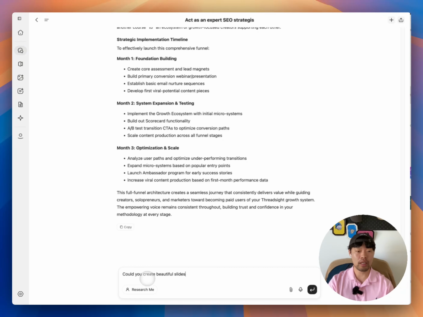Beautiful slides based on what we have talked about today, like keywords and content ideas, funnel setting. It would be great if you can incorporate the brand identity.